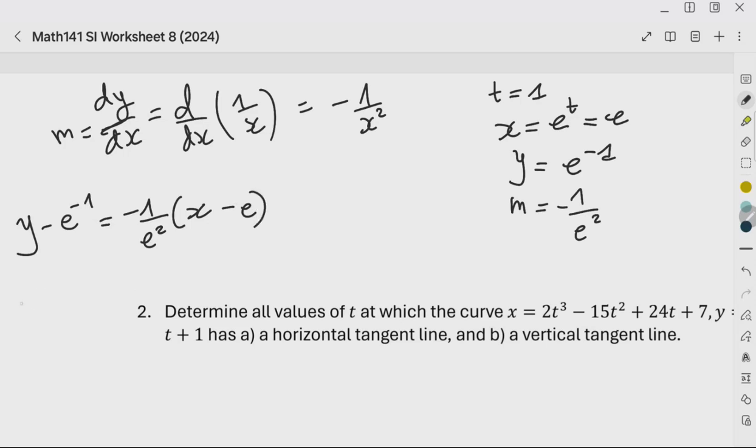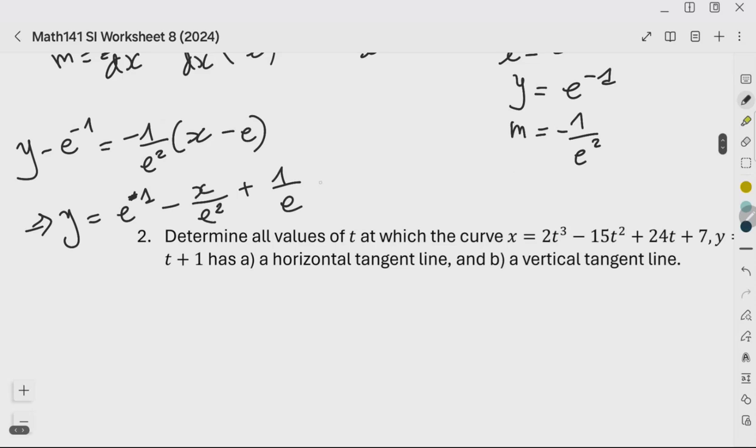And that is just y equal to e to the minus 1 minus x over e squared plus 1 over e,